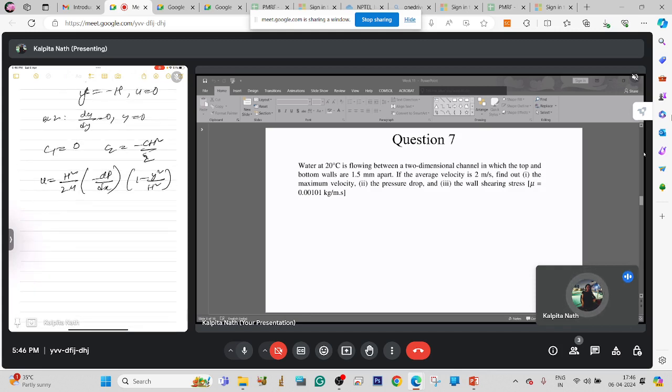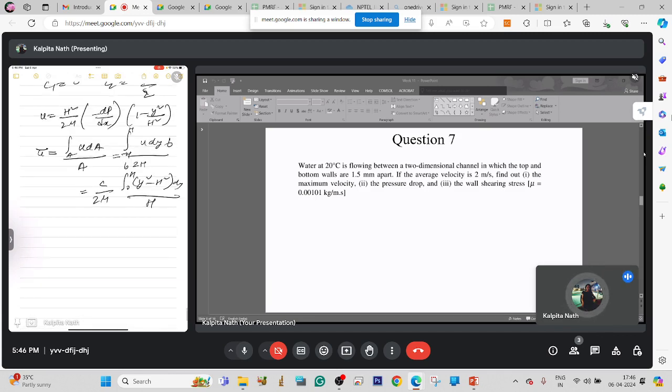Now this is a plane Poiseuille flow, and the average velocity is given as u bar equal to the integral of u dA upon A, which is from minus h to h of u dy times b, by 2h times b. So this will be c by 2 mu, integral from 0 to h of y square minus h square dy, upon h. So this will come out to be c by minus 3 mu h square, so c is equal to minus 3 mu u bar by h square, which is equal to dp/dx. This is equation 2,